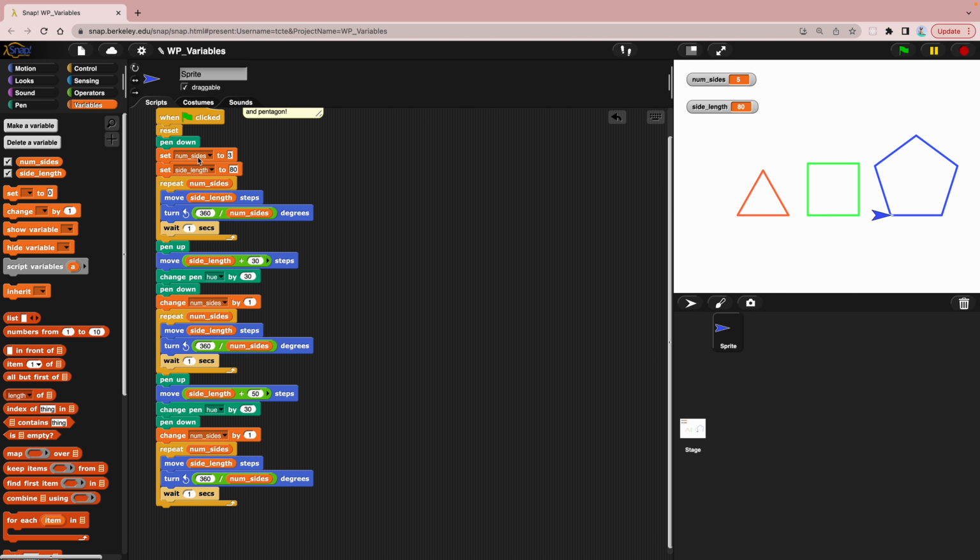Initially, we set the num size to 3, since we first want to draw the triangle, and a triangle has 3 sides, and then we set the side length to 80. Then we repeat the repeating block 3 times, since we want to draw each side in each repeat. In each repeat we move 80 steps, and then we turn 360 degrees divided by 3, which is 120 degrees. That is referring to the angle that we need to turn when drawing